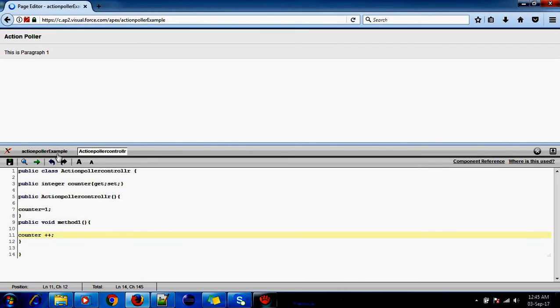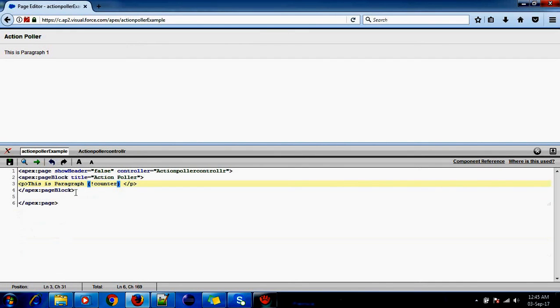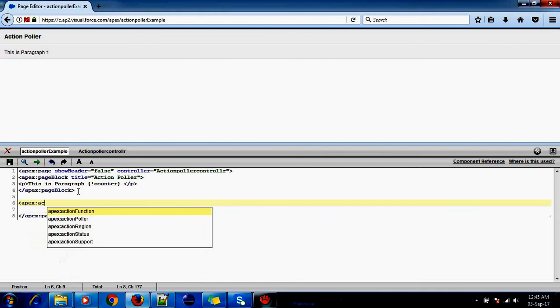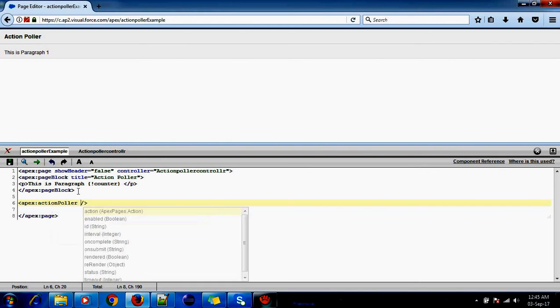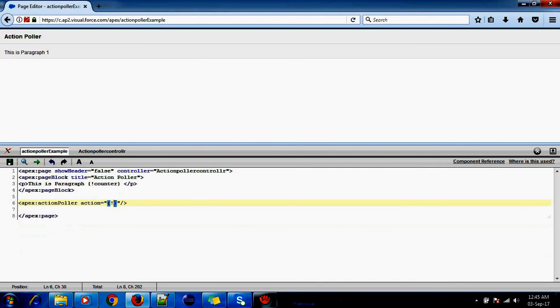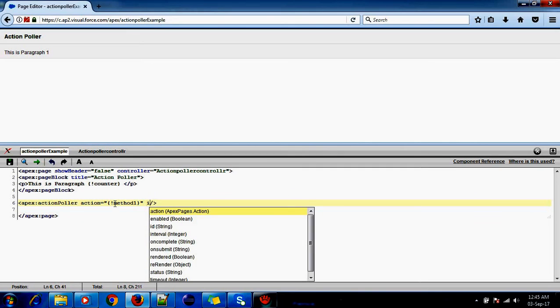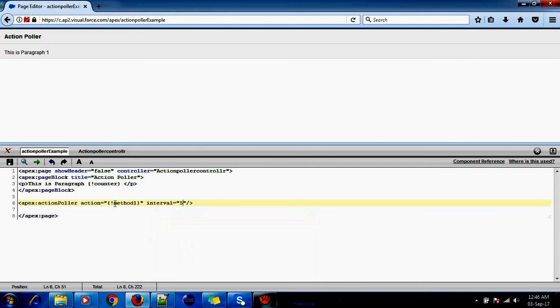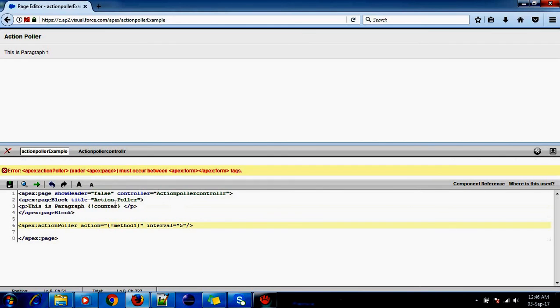Okay, so for calling this, I'll use apex colon action poller, with action. What is the action it should perform? I want it to call method 1, at an interval of 5.